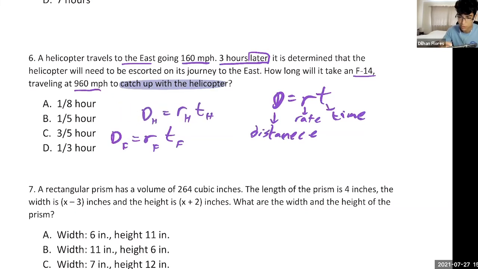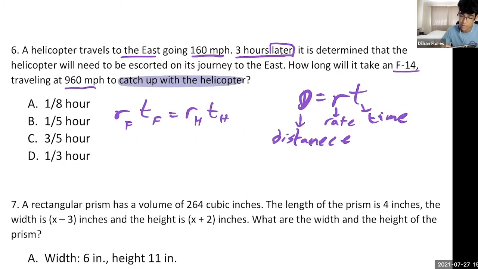So we can just pull one of these here. I'm going to get rid of that, get rid of that. These have to be equal to each other. Since these are all equal to the distance and the distances are the same, these are equal to each other. Now, what is the rate for the helicopter? Everybody drop it in the chat. Remember, if distance equals rate times time, then rate is going to be distance over time, right? Like feet per second, miles per hour, those are all rates. So speed is a rate.